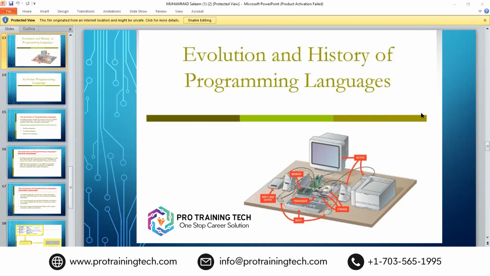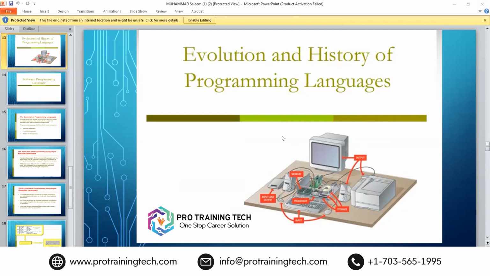So why only a programming language? Why can we not write the commands or the instructions in simple English or in another simple language? Because that's the only language the computer understands to run a program. Yes. So guys, keep in mind, the computer doesn't understand our English alphabets, or the human language.